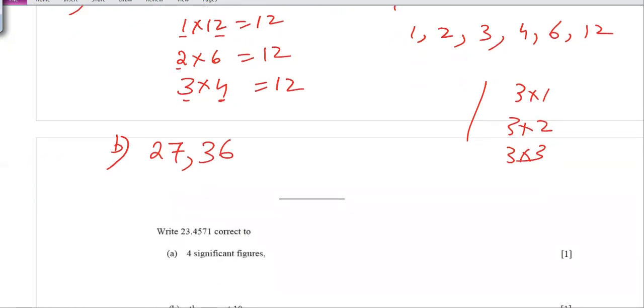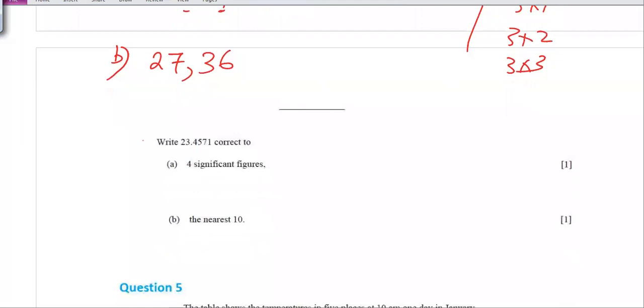All right. Now this one, I told you, in every single question you will see we will use it, so you should have a lot of practice with significant figures. Now the question is, write 23.4571 correct to 4 significant figures. How many significant figures are there right now? 1, 2, 3, 4, 5, 6. These are 6 significant figures. We need 4. So I take the first, second, third, fourth. I don't need the rest, so before leaving them, it will add 1 to this one. So it will become 23.46. These will be the 4 significant figures.